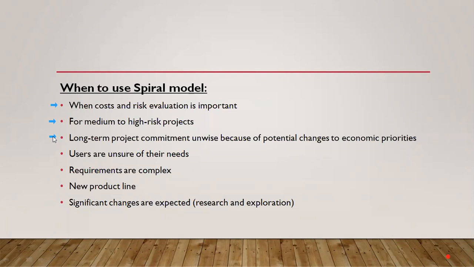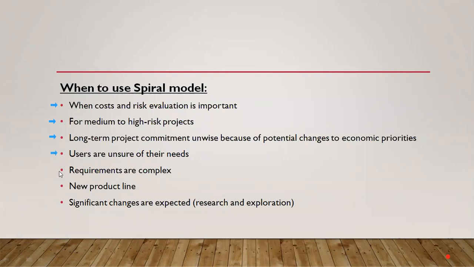This is also related to the second point, which means medium to high risk every year. If we are updating to the next version, we are going from medium to high every year. So for such upgradation projects, we should go for the spiral model. Next point: users are unsure of their needs. Exactly, sometimes they don't know their needs. Then this model may help to develop for such users.